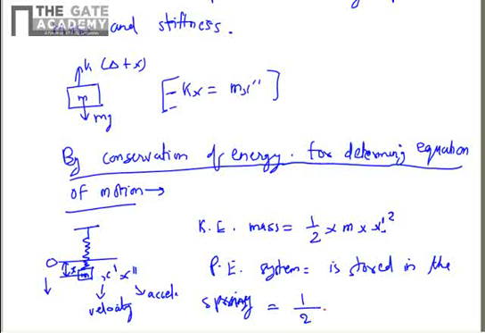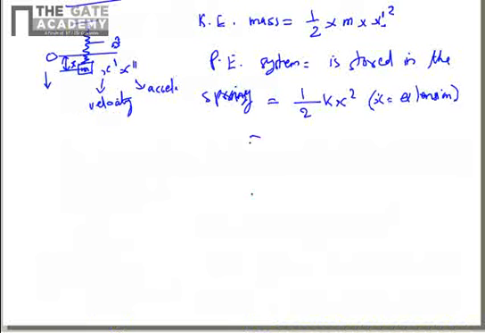And the energy stored in a spring, as you can remember from your theory of materials classes, is equal to half kx square, where x is the extension in the spring. Since the static deflection is also there from the zero position, there is a delta static deflection also. So the net potential energy of the system will be half kx square